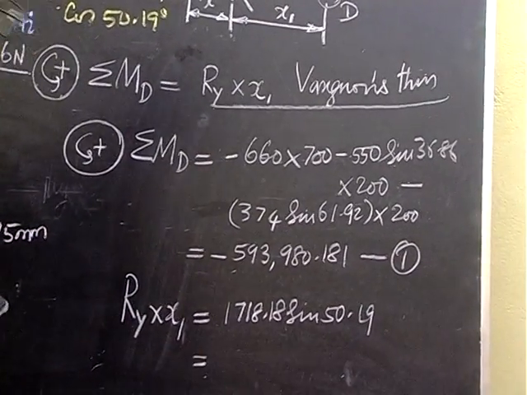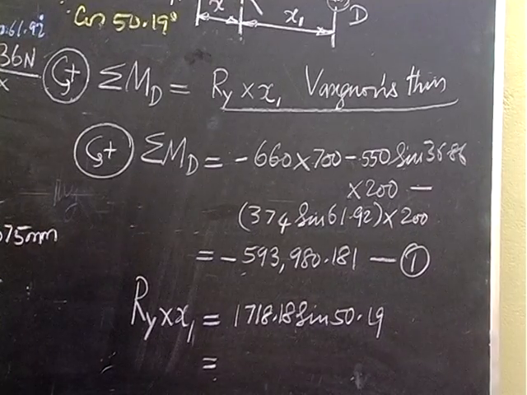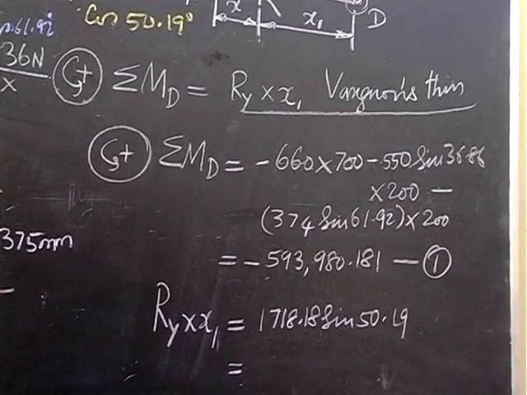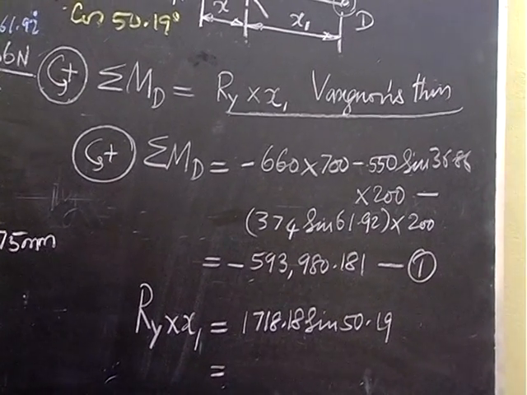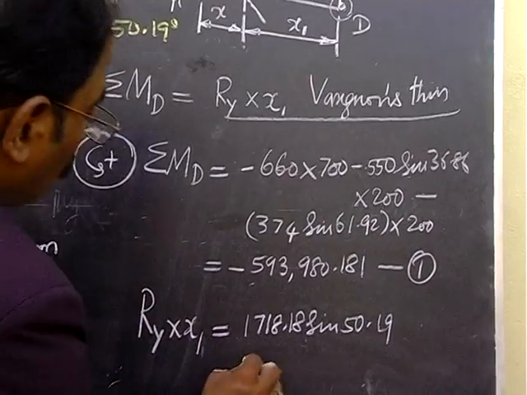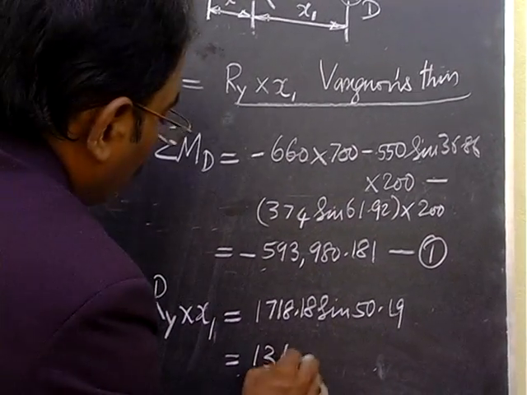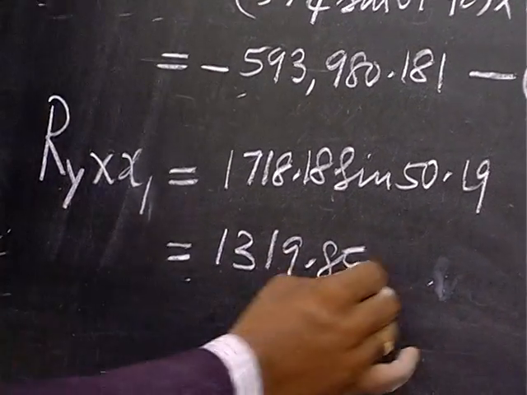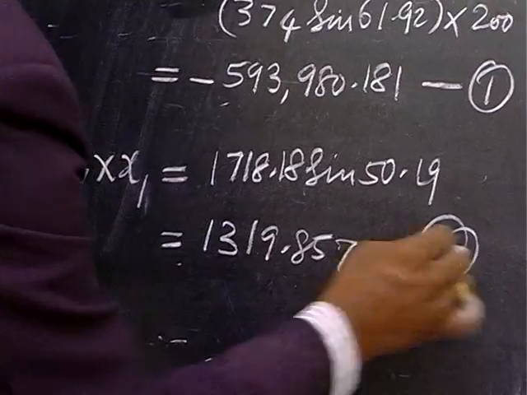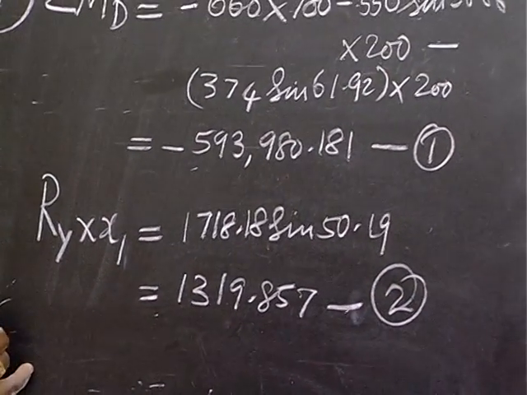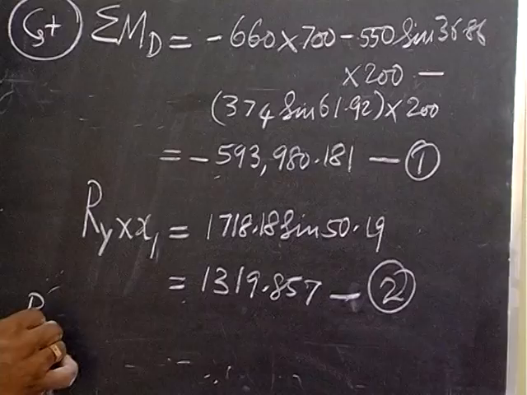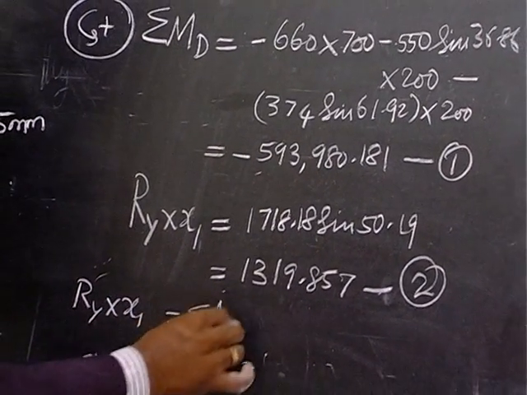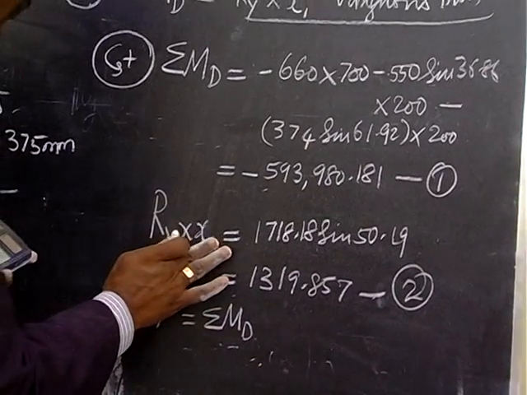So this is nothing but 1718.18 of sine of 50.19, which is 1319.857. So from 1 and 2 we get Ry into x1 is equal to sigma MD. Therefore